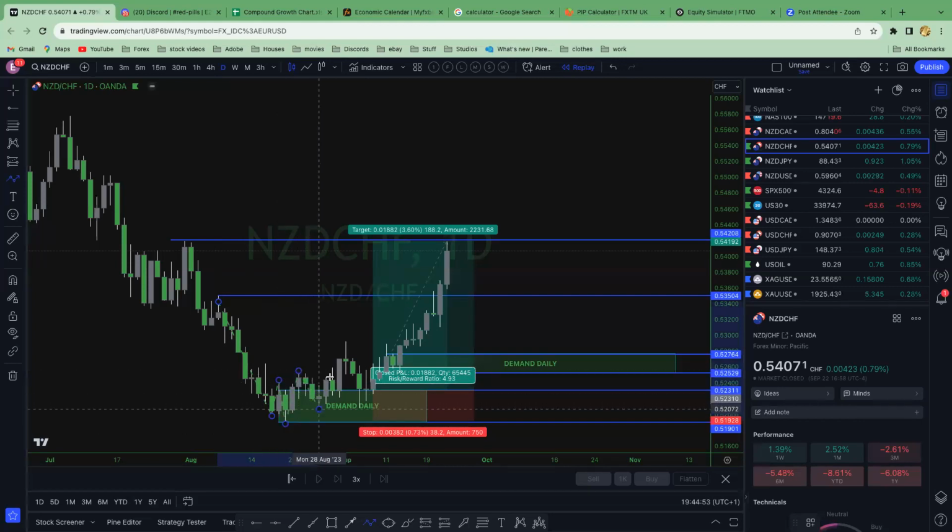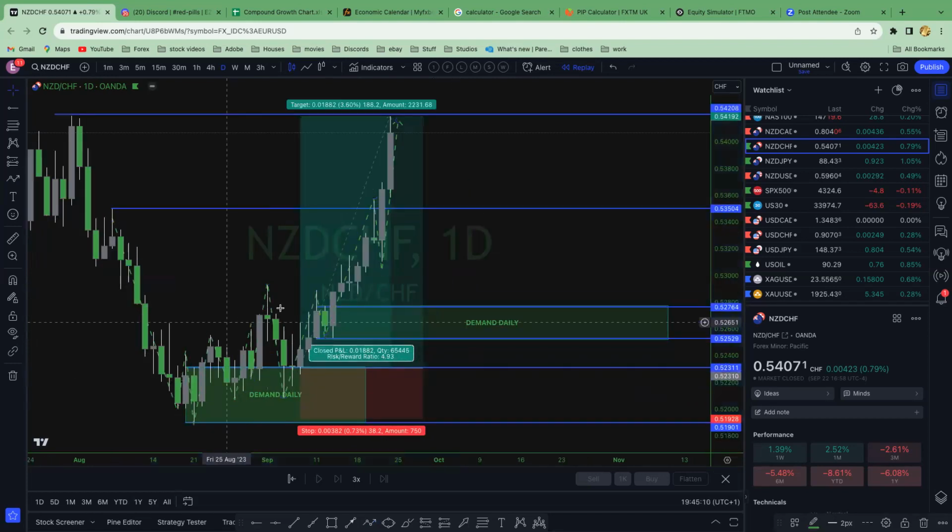It went low again, it went high, it went low, went high, went low, and it went high, and then it went low, and then it went high, and then it went low here. Basically went low like this and went high there, boom. So it broke daily structure